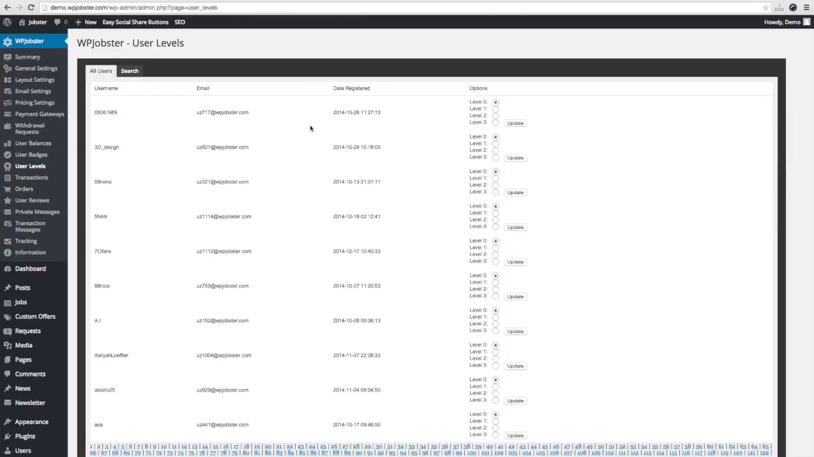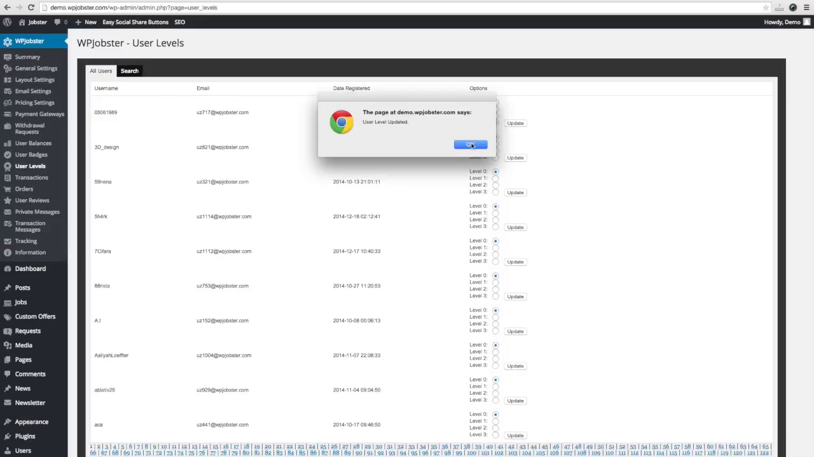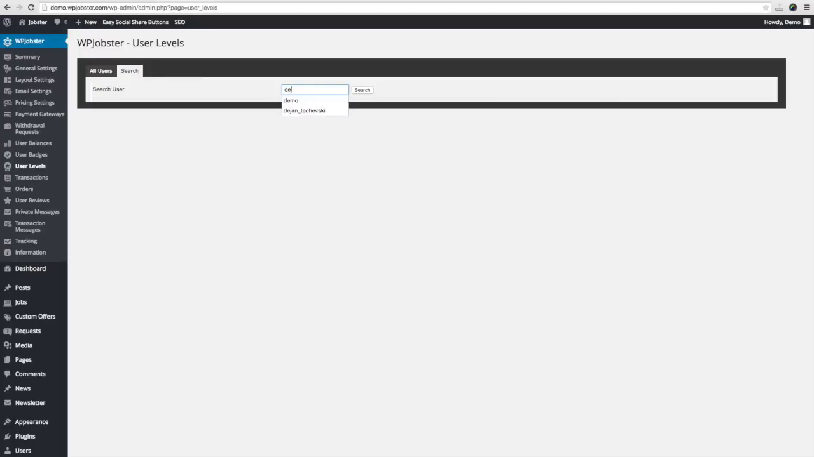As mentioned previously, users are upgraded to level 1 and 2 automatically based on criteria I have explained earlier. But when you have to upgrade a user to a level 3 or a top-rated seller, you will do it right here and hit update. Basically, you can search a particular user,